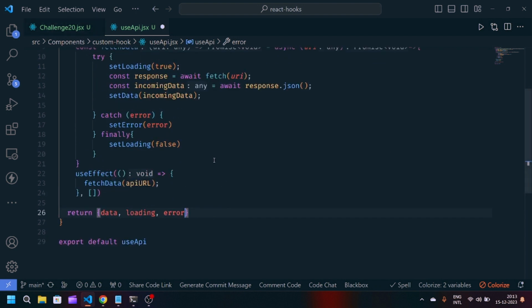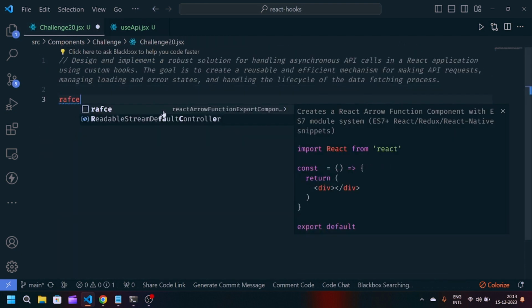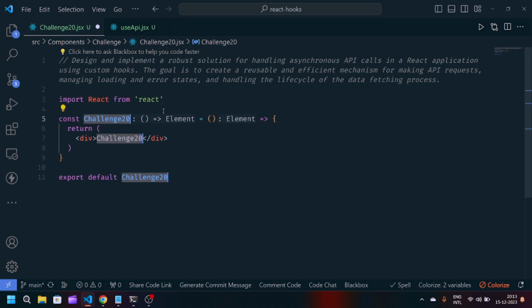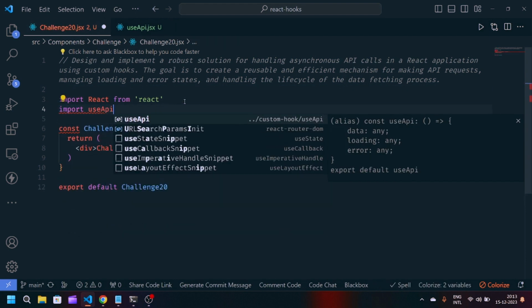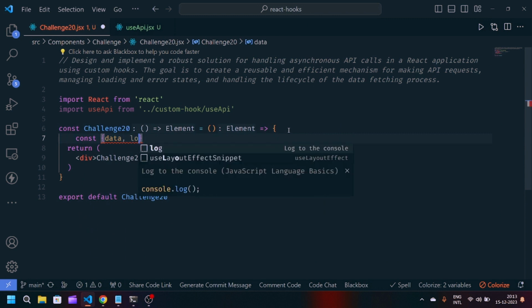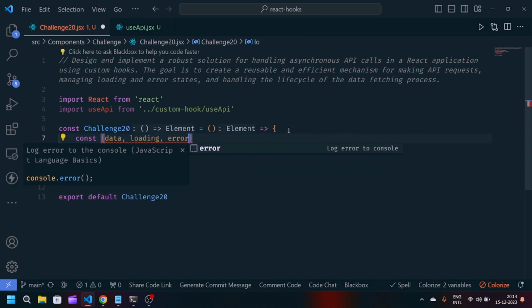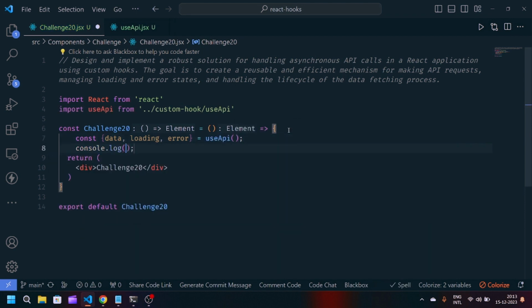I can use these three in my challenge20.jsx component. So now after saving this file, I will go to my challenge20 and I will create a React arrow functional component export, and I will import useApi from the custom hook useApi, and now I will destructure the data, loading, and error from useApi. So if I log the data,